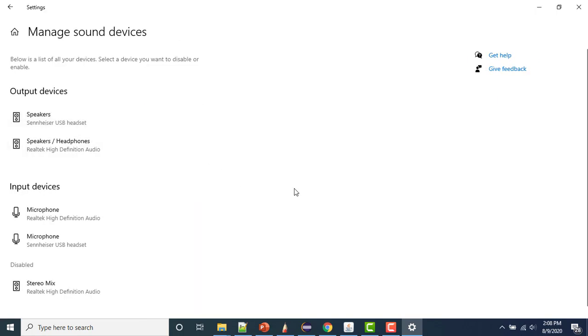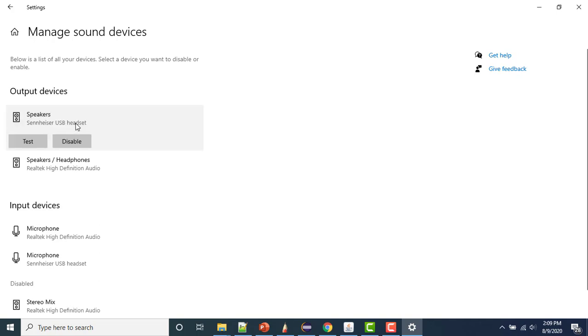So just click on this one, and here you will see it is showing output devices and input devices. Output devices means from where this computer or this laptop will basically display the sound. So I am connected with one Sennheiser USB headset, and this is the internal High Definition Audio. Because for a laptop there is an inbuilt audio through which we listen to music, right? So this is one speaker, and this is basically a USB connected speaker. So it is saying that you have two output devices, right?